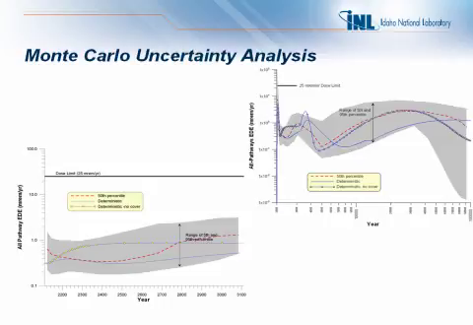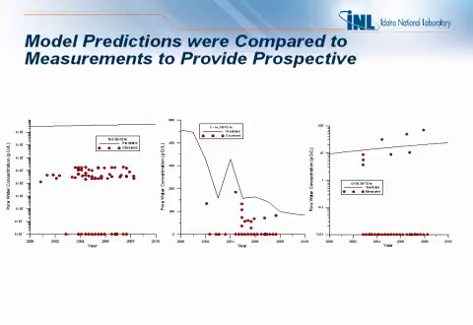We did have data to at least compare to, actually going back to 2000, when they really started monitoring. And I think this is important to put a perspective on how well can we really model. This is tritium, and we're way off. There are predictions up here, and we have measurements down here. Now, the problem is trying to identify what's the problem here. Because when you run the uncertainty analysis with any kind of